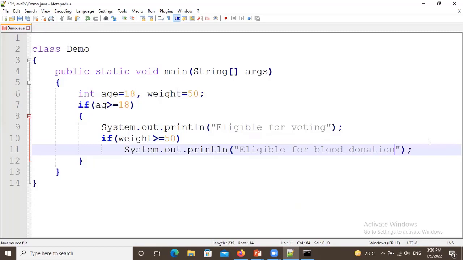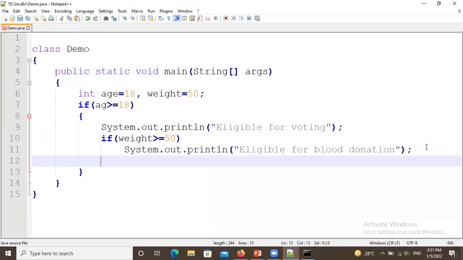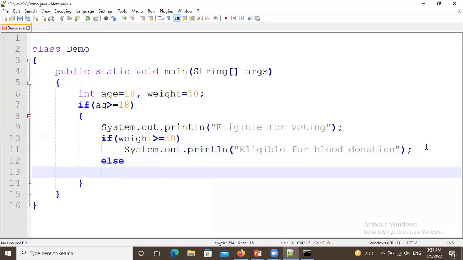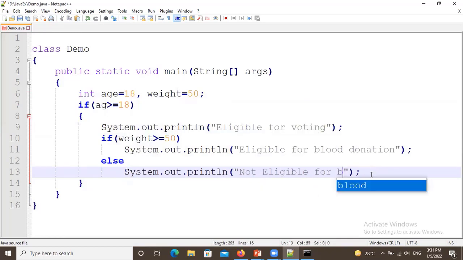But if it is not 50 or above, you are not eligible for blood donation. Right?